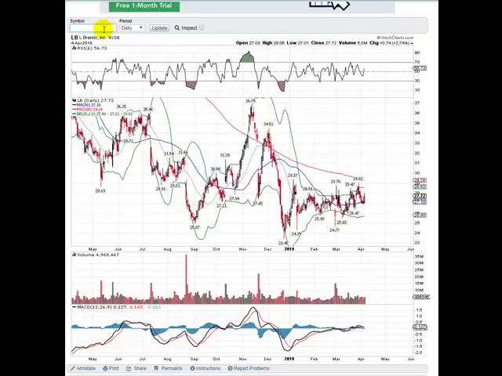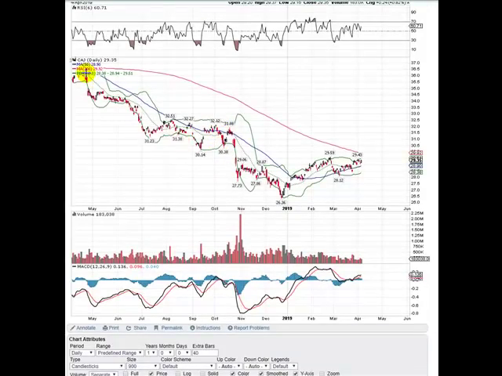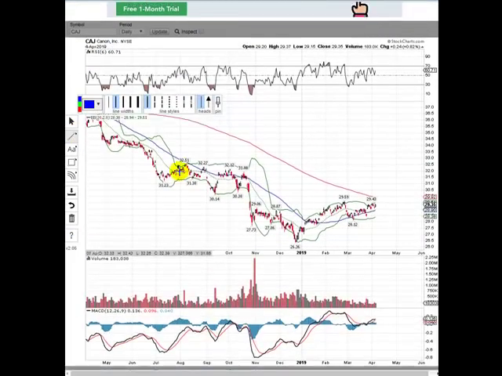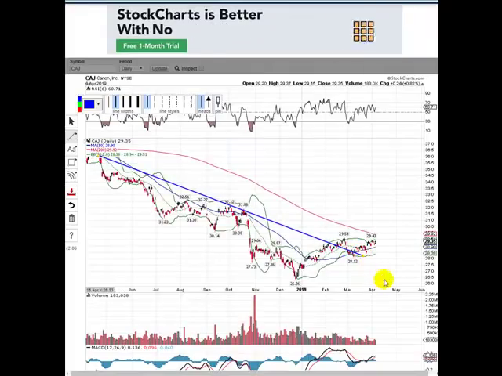So then we've got CAJ. CAJ has broken this downward move, putting in some recent higher highs and higher lows. The 50-day moving average went from being down to up. That's that blue line there. Here's your point of maximum pessimism. So you've got your down move being broken, point of maximum pessimism.